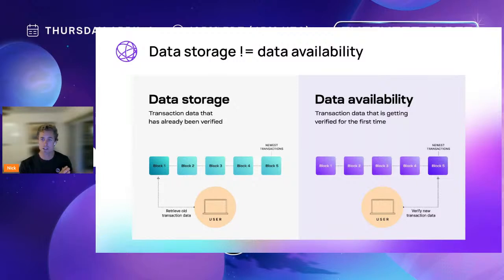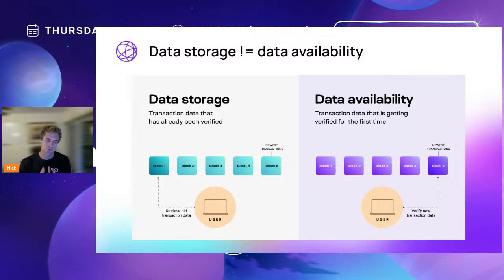And data storage is something that's very different. Data storage is more like a library. It's like, okay, there's some data. It's actually not time sensitive or critical to the security of the chain necessarily. We just want to make sure that it's stored somewhere so that if we need it in the future, we can get it. But a library is not actually taking, let's say it's a book, right, and then distributing it to a bunch of people. It's just taking the book and putting it down in some file storage system and plugging it in. And so when someone comes later and says, I want that book, they can pull it from the shelf, right? So it's a very different thing.